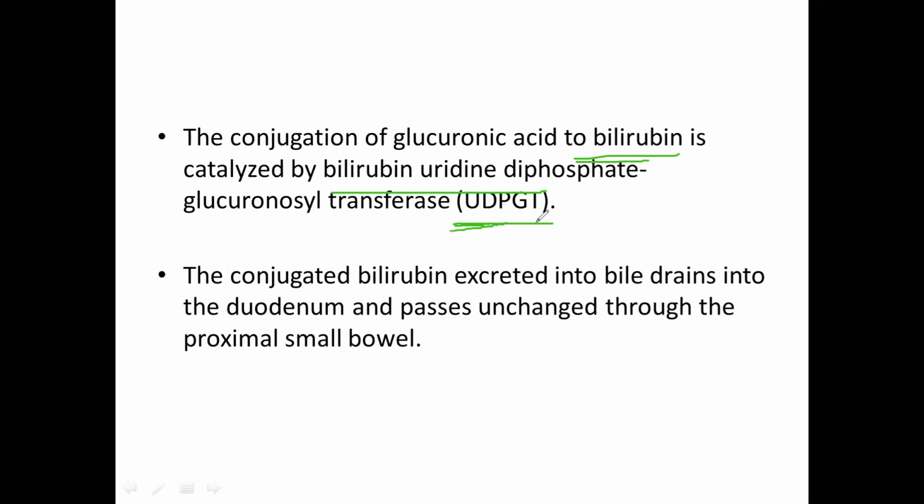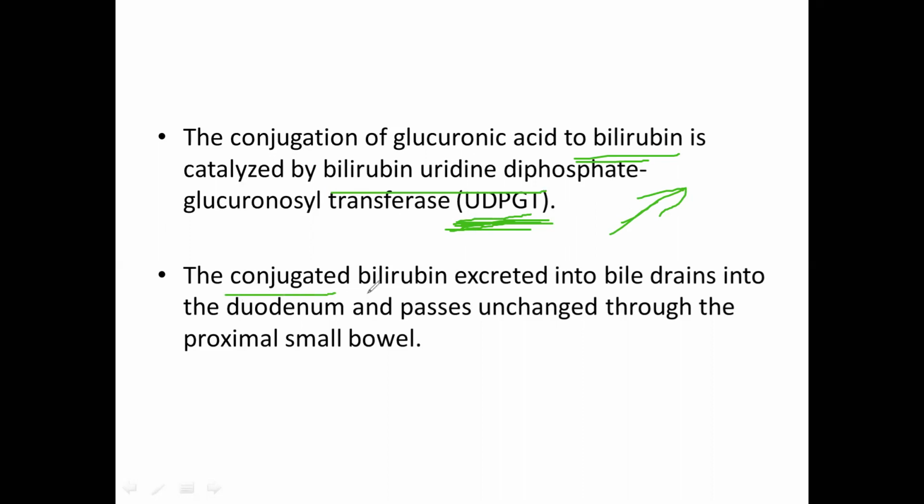You should remember this gene, because it will come again and again in the next slides, or you can see it in the etiological part. So if the patient has a deficiency or defective UDPGT, what will happen? There will not be conjugation of this bilirubin. So this is a defect which will lead to unconjugated hyperbilirubinemia. That is a different part, so we will see it later on. But this enzyme UDPGT has an essential role in the conjugation of bilirubin.